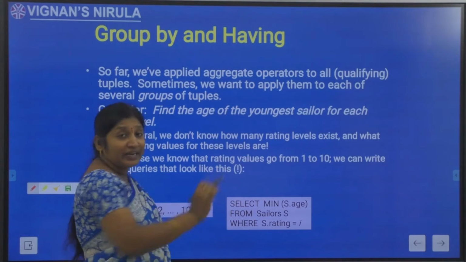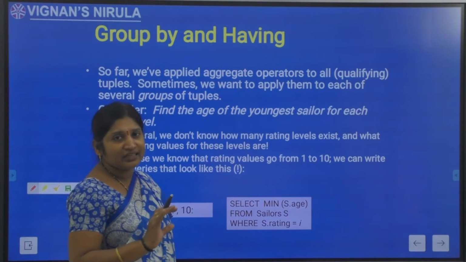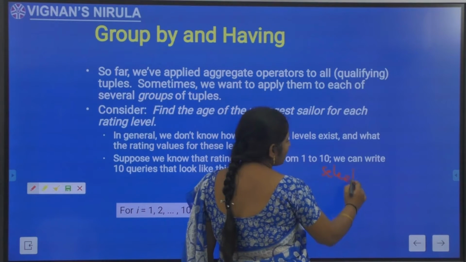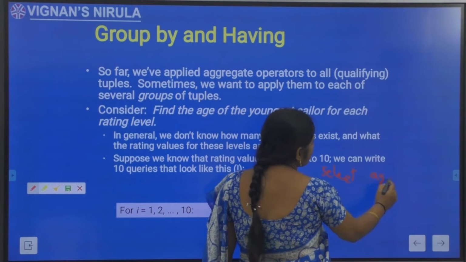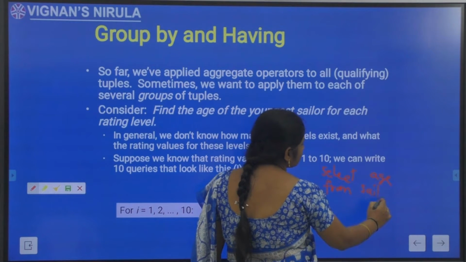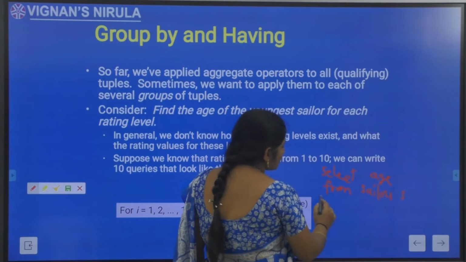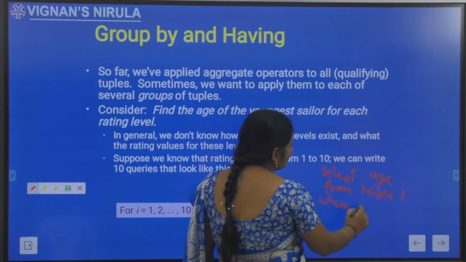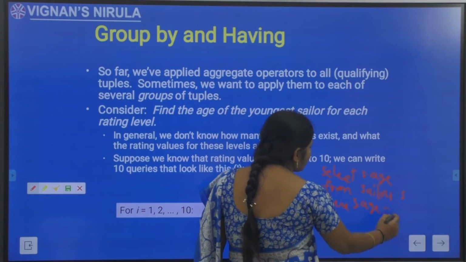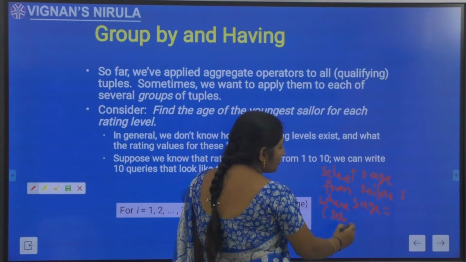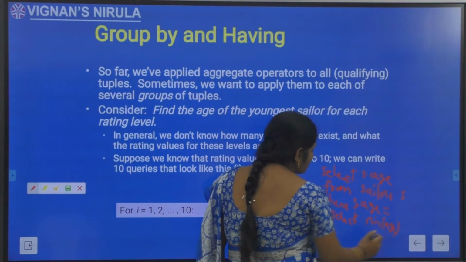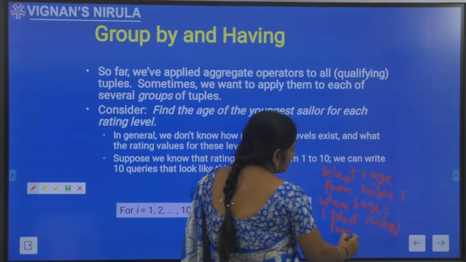Normally, if I need to find the age of the youngest sailor, how can I find it? I can immediately write SELECT age FROM sailors S WHERE S.age should be equal to the minimum age: SELECT MIN(age) FROM sailors.